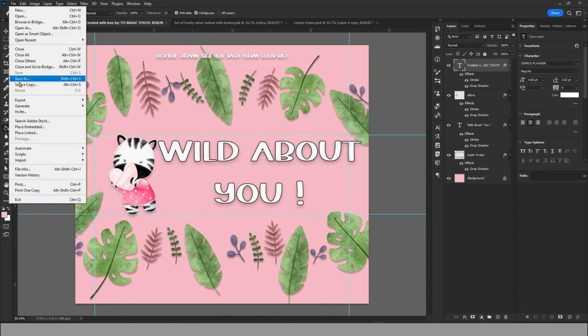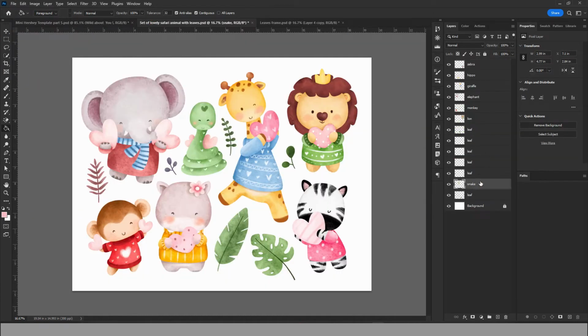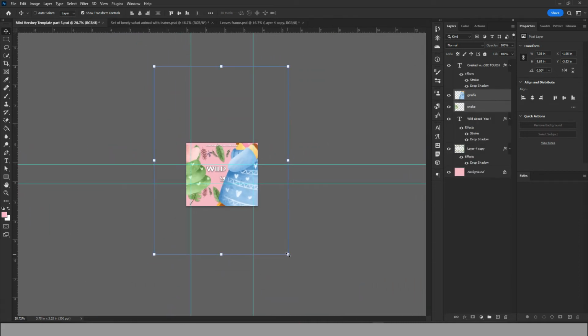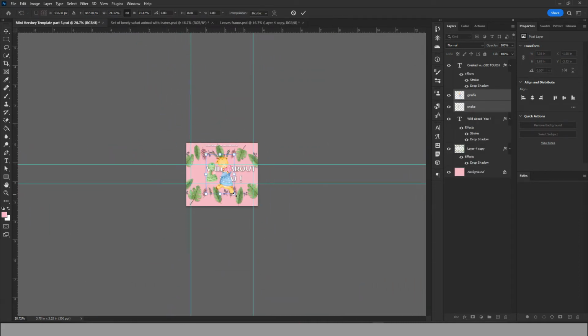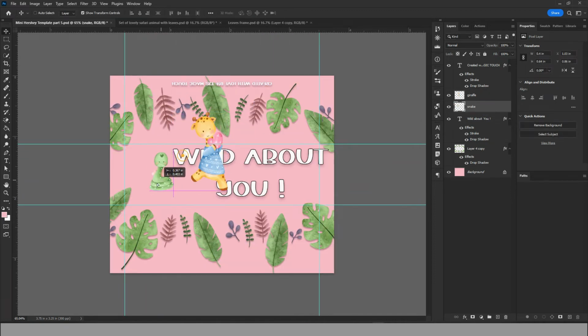Now with this last design, I'm going to include 2 animals, mainly because I could not think of a cute saying to go with them. So I'm going to click on the snake, hold down control, and click on the giraffe also. While both layers are still selected, I can adjust the sizes of them together, zoom back in and adjust them